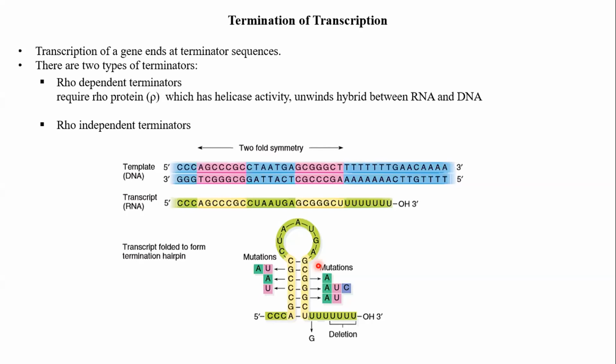Okay, every cell respires all the time. So all the respiratory enzymes particularly are expressed all the time. So those genes are expressed all the time. Though they are expressed all the time does not mean they are expressed at the same rate all the time. If a particular enzyme is required in less amount, then the gene expression rate will decrease, and vice versa. If the demand is more, then the expression should increase, or if the demand is less, then the expression should decrease. So there is this regulatory part, increase or decrease.